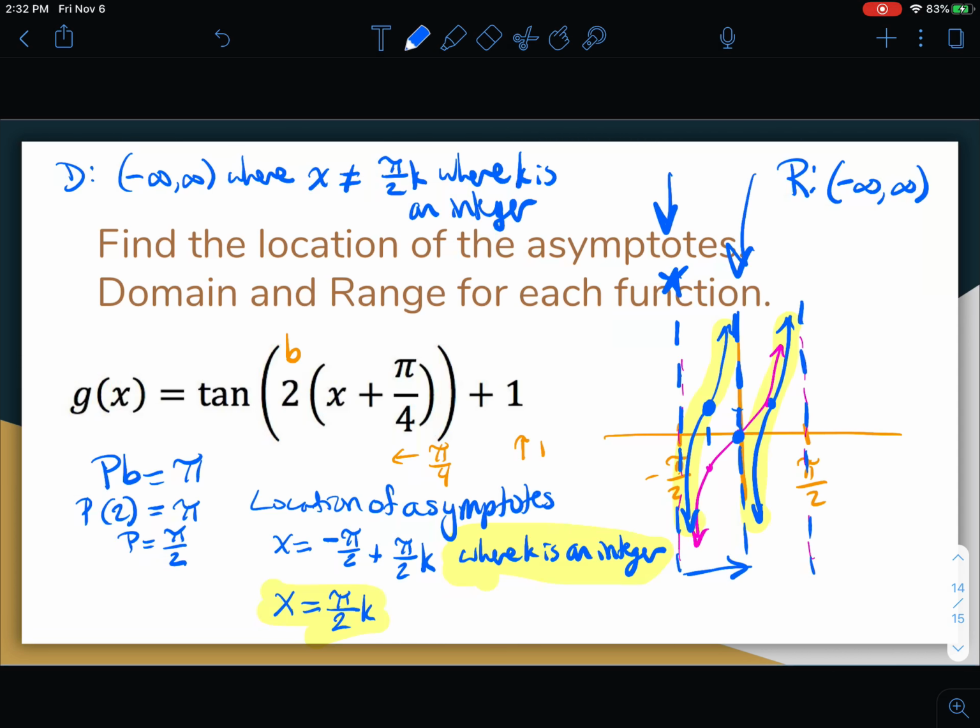So we will work on the actual graphing. Right now, we're just going to think about how are things changing that anchor point? Where are we moving it to? What's the period? And find out what those